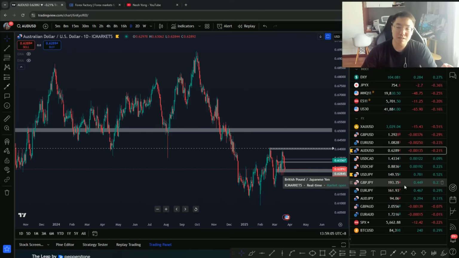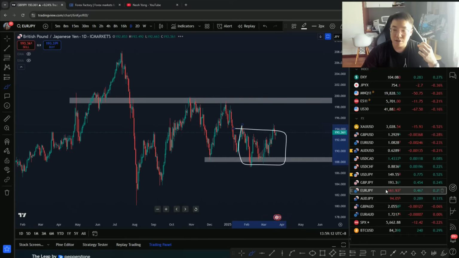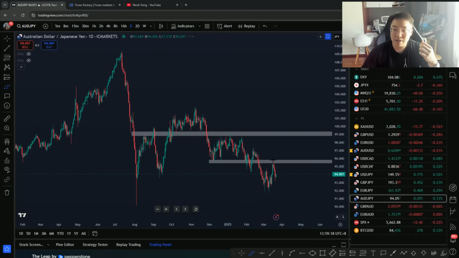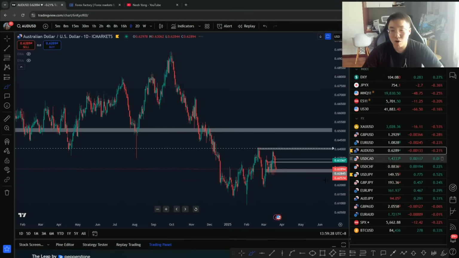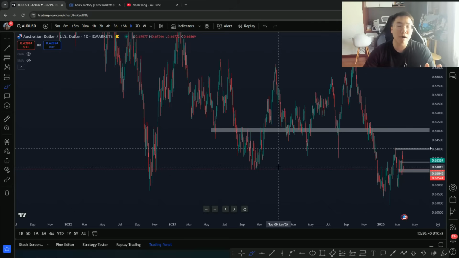Another simple analysis: let's say we compare pound yen. Pound yen is actually stagnating, moving sideways. Euro yen is also in a range bound condition. Aussie yen, bearish. So through all these simple comparison or correlation analysis, you can quickly understand that Aussie dollar was just weak. But I decided to still give it a chance because Aussie dollar was sticking to my criteria very well. The pattern was beautiful, everything just on spot.